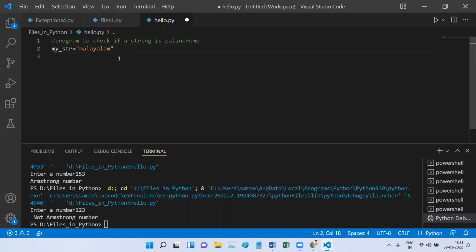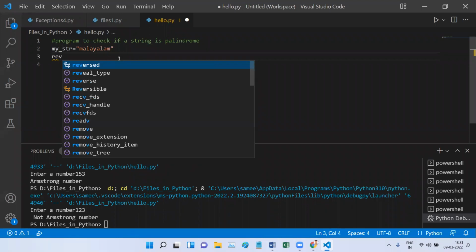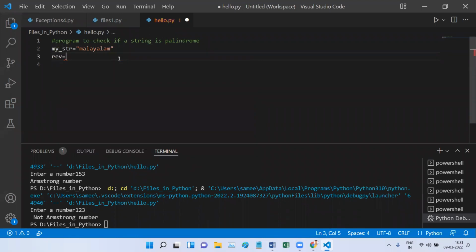Then let us take one more string called reverse. Here I am going to use the slicing of strings. If you remember our class on strings, we can slice a string. If you want a string from the 0th element to the 3rd element, you can just write 0 and 3.